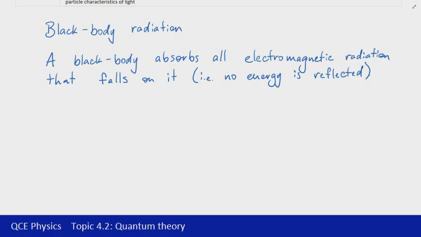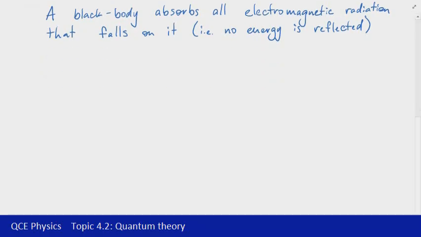Now, real black bodies don't actually exist. There are no such things as black bodies in nature, but there are some very close approximations to it. A cavity with a hole is a good example, and black holes can also be treated as black bodies. In developing understanding of light from stars, we can also treat stars as black bodies. Now, while black bodies absorb all of the electromagnetic waves that fall on them, they will eventually re-radiate that energy at a later stage, not necessarily in the same frequency or wavelength that it was absorbed.